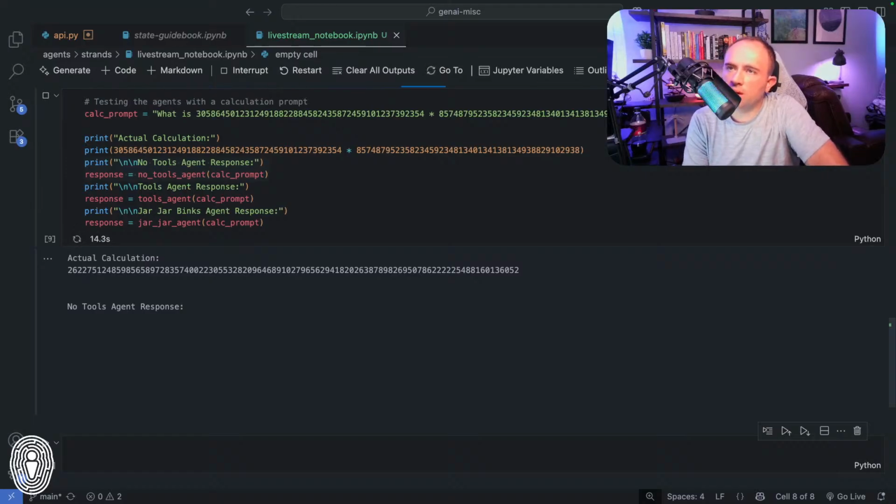The two issues are, number one, you can't guarantee that the calculation is going to be correct because large language models are not inherently set up to do mathematical calculations like this. And then number two is latency. Obviously, whenever these agents make use of the tools themselves, you can see how much quicker the latency is, whereas if it doesn't use the tool, then it takes upwards of 90 seconds. So let's go ahead and allow this to continue to run.